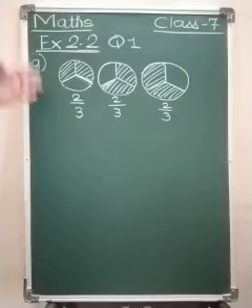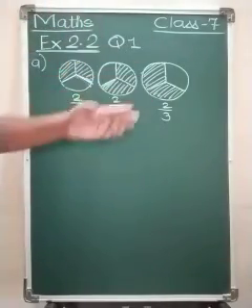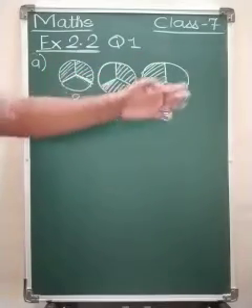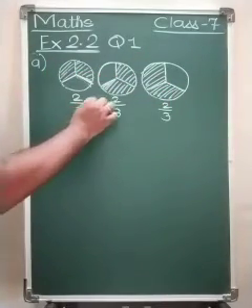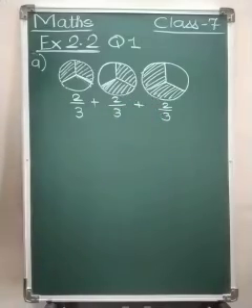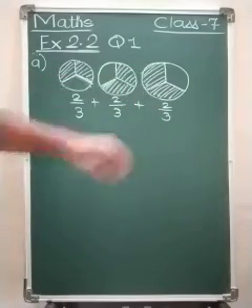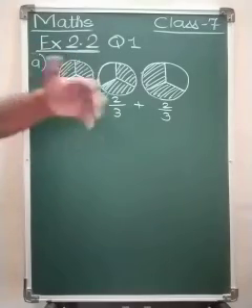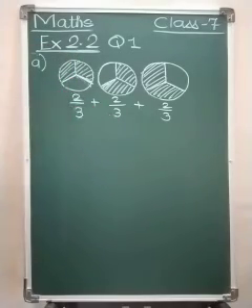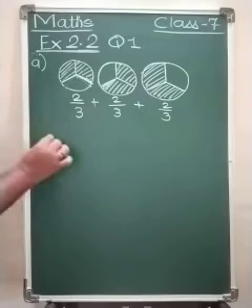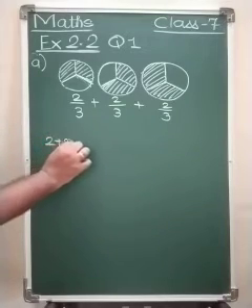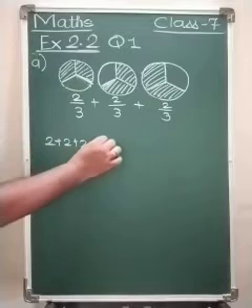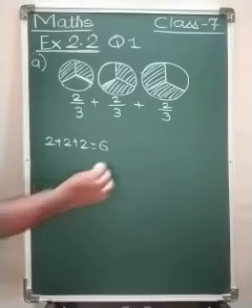Now we have to represent this in a multiplication form. If you want to find the total, we can add these: 2 upon 3 plus 2 upon 3 plus 2 upon 3. Just to explain, I will take another example with a whole number. Do not consider the denominator. Suppose you write 2 plus 2 plus 2. So 2 plus 2 is 4, 4 plus 2 is 6. The answer comes to 6.